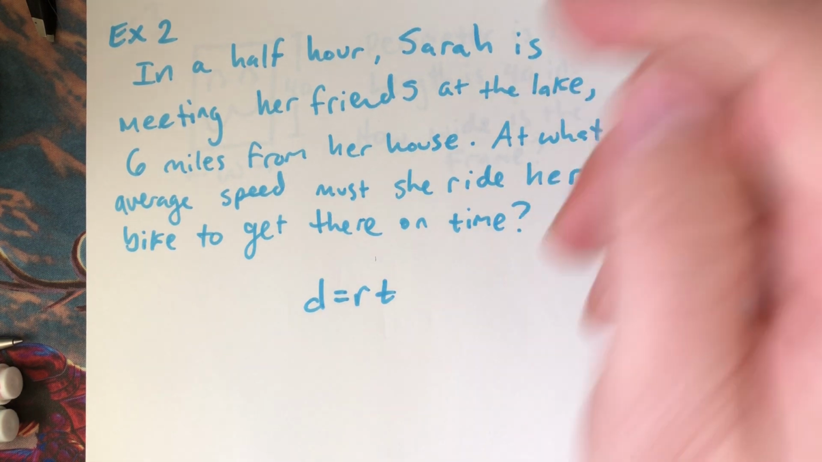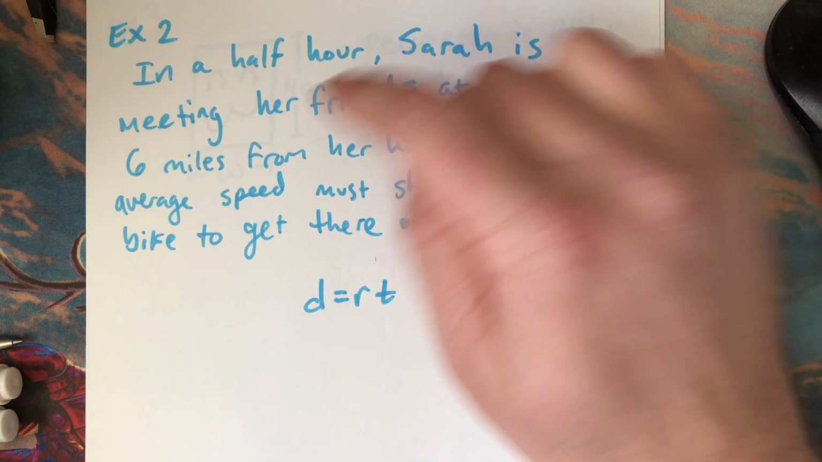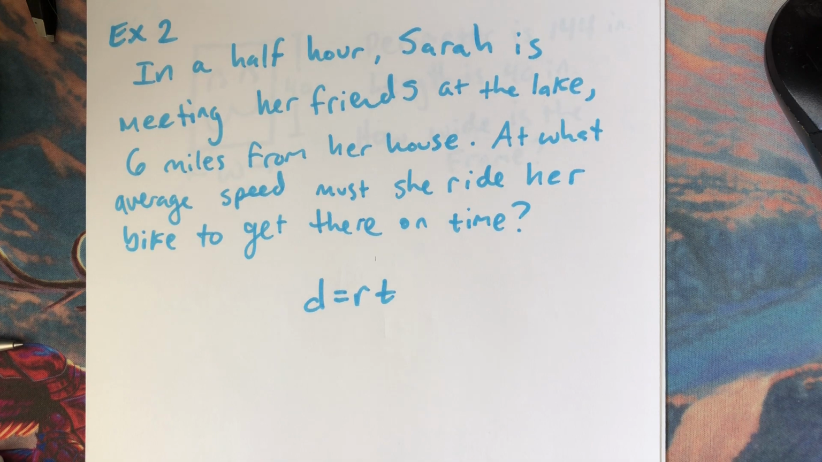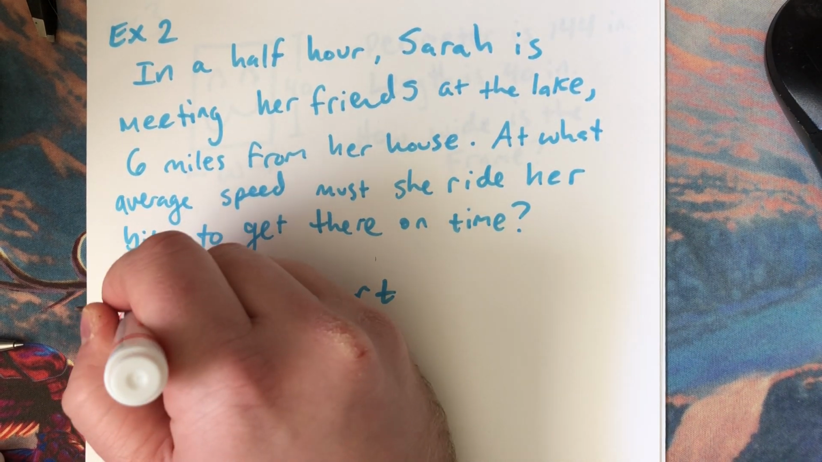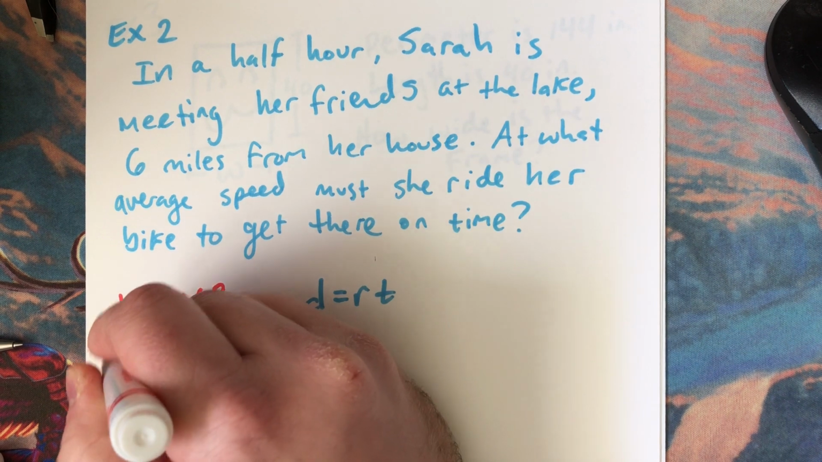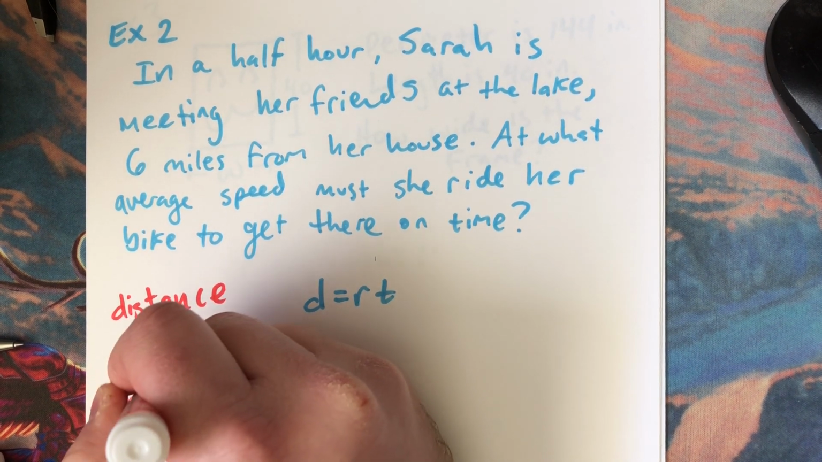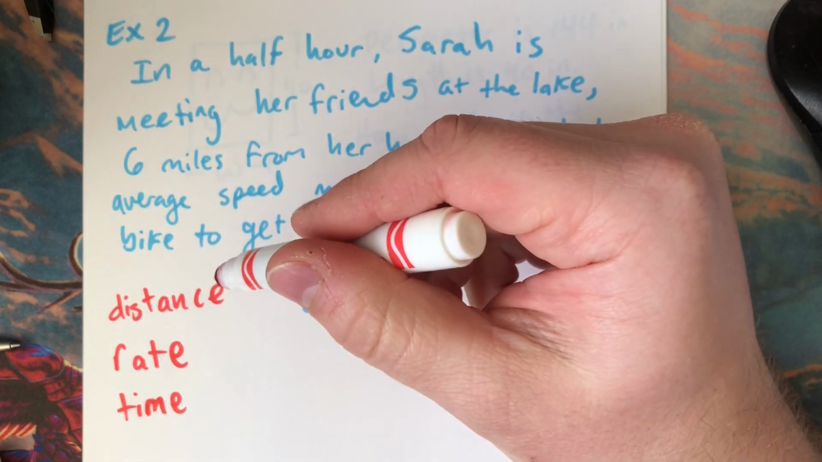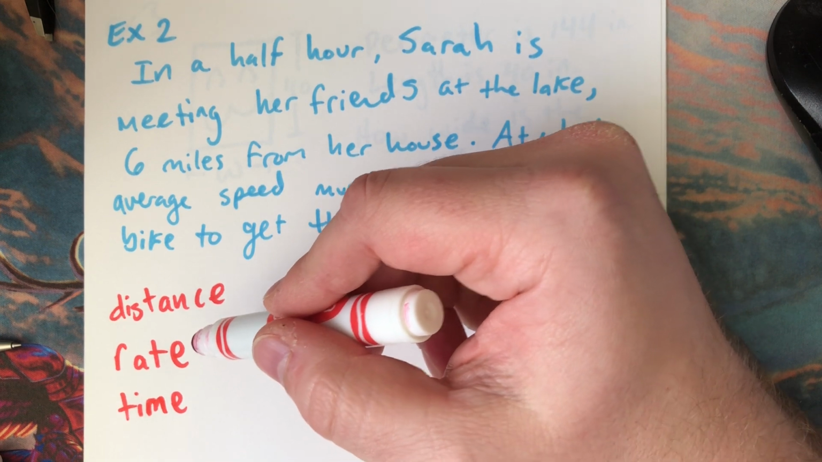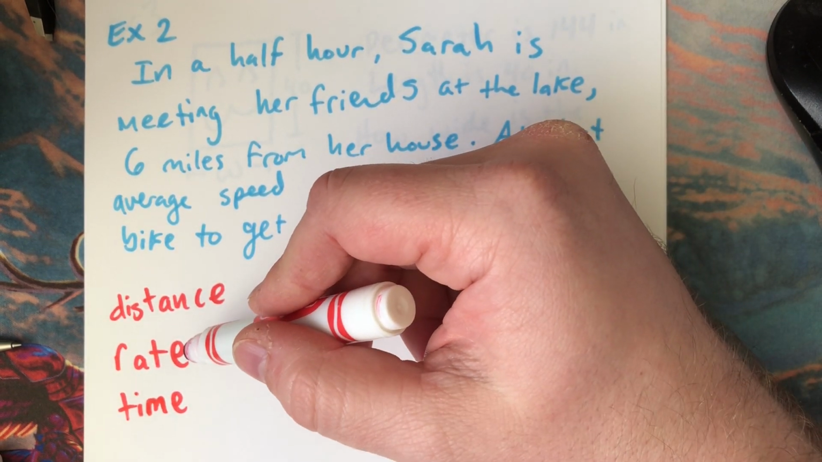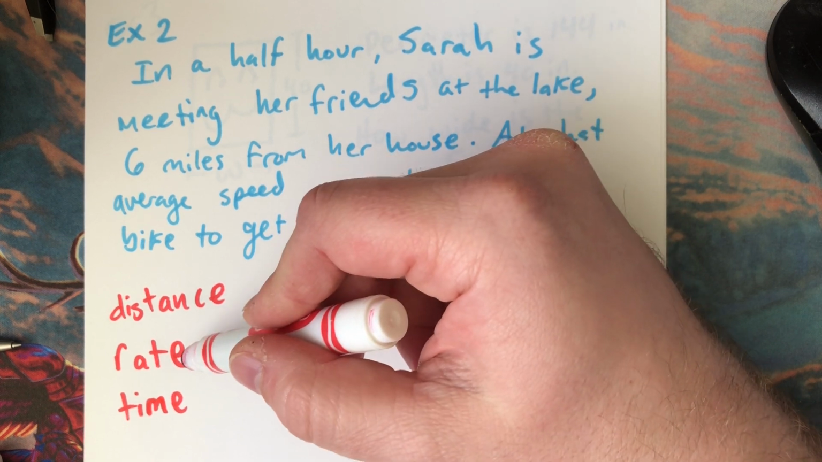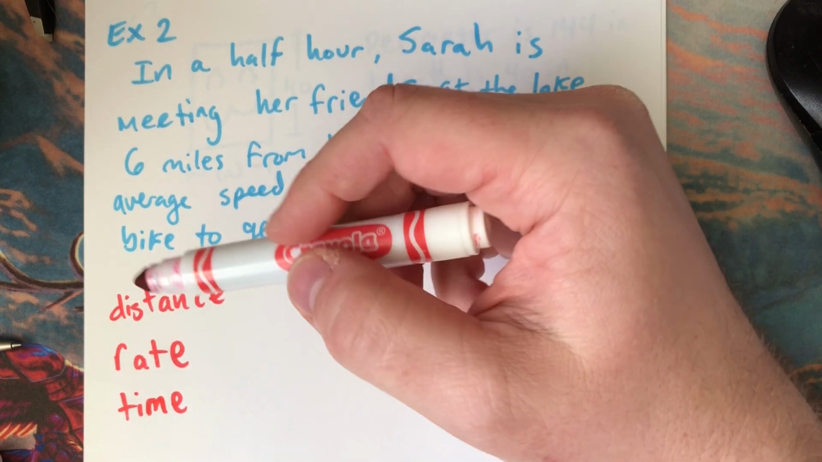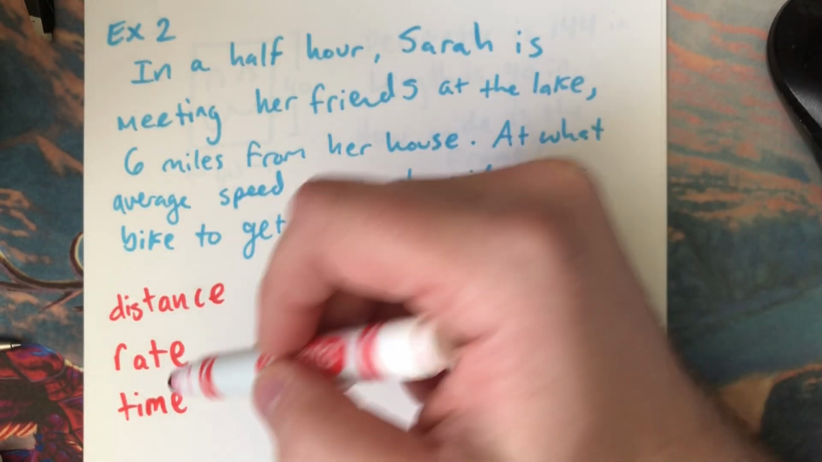So this one says the lake is 6 miles away. So 6 miles away, is that our distance? Is that our rate? Or is that our time? So the only word here that I would expect you struggle with would be rate. Rates are things like speeds. They're things like how much does it cost each hour. They're things that recur, like your monthly bills. Things that happen over and over again. That's a rate. Distance is just how far, and then